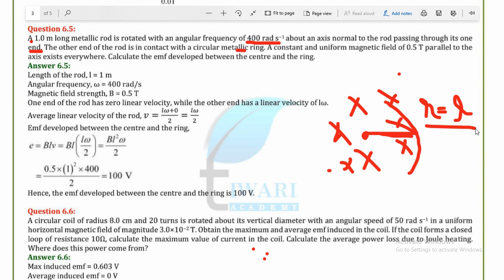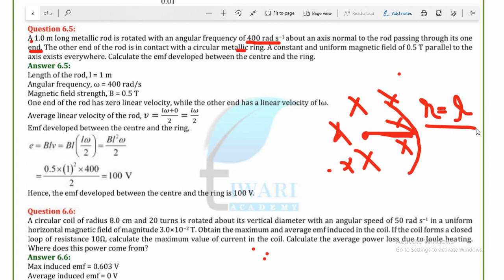Students, you can try to solve this question by yourself. If you think that you can solve this question, I am going to explain the answer. So if you think you can do by yourself, you can pause this video and you can try by yourself. Let's see the solution of this question.